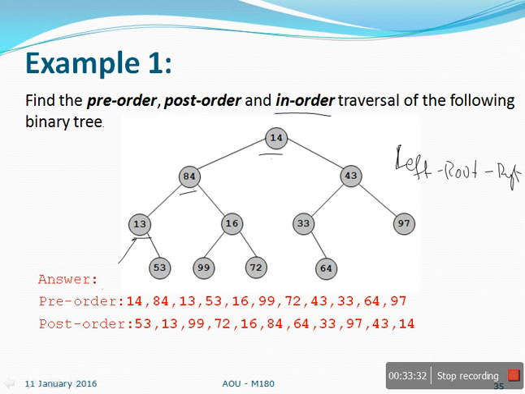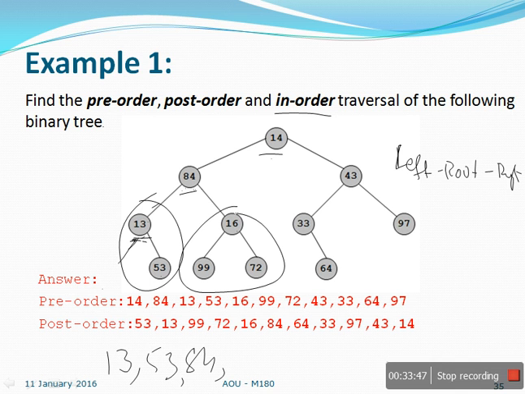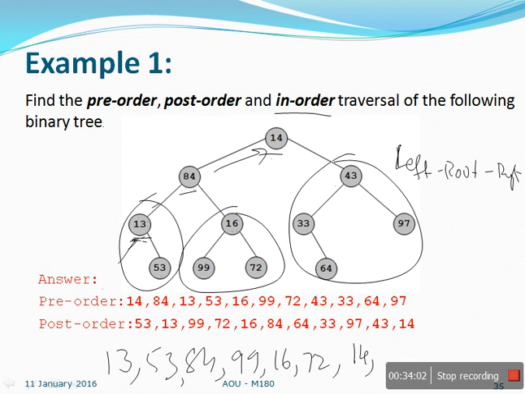left, now the root is again 13, so start from 13, and then after the root it is right, 53, then go back to the root. After finishing this left, the root is 84, then 84, after that there is a right. The right has again a subtree, it has left 99, the root 16 and the right 72, then again go back to it, the root 14 and then 43. On the right it is a subtree that has a root